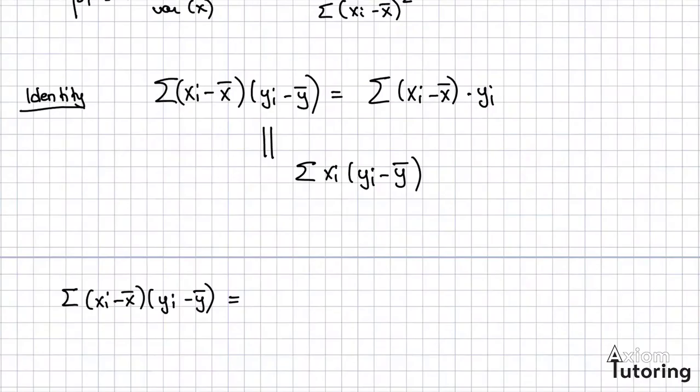This is equal to, so let's say that I want to prove this first one, okay? It's very obvious that the very first step to get to that expression, I will have to distribute this multiplication in here. So this entire bracket, I will multiply it with yi and then multiply it with y bar and